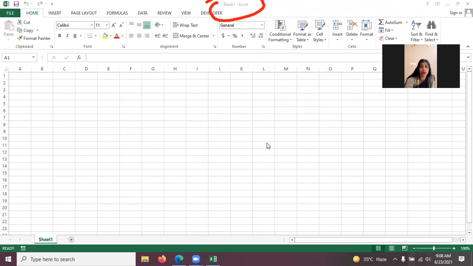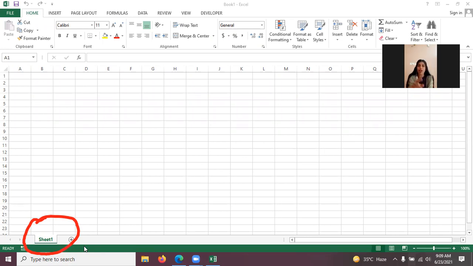Now, this workbook is the collection of worksheets. Let me show you that also. See at the bottom here, you can see Sheet 1. As our book or copy is the collection of pages, similarly in Excel, a workbook is the collection of worksheets.